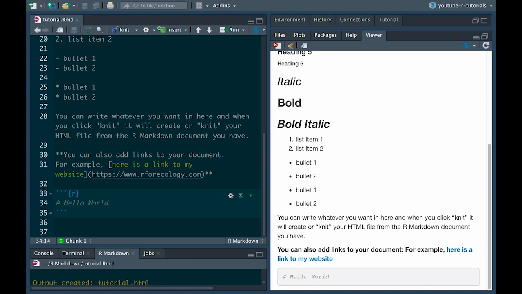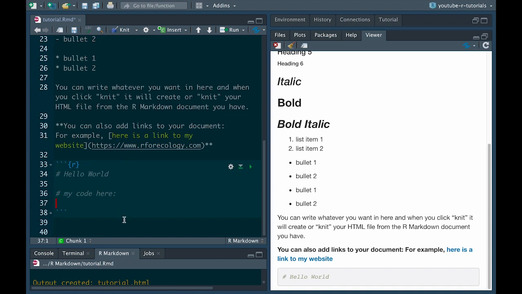But let's take this a little further along. Let's play around with some numbers and plot some data. We'll say, okay, my code here, just another little comment. It's always good to comment a lot in our code, make it very clear what you're doing. And the cool thing about R Markdown is that you don't have to put tons of comments inside the actual code bit. You can write everything you want before and after the code chunk, and you can go into much more detail and make the formatting all fancy, so that it's really clear what this chunk of R code is going to be doing.